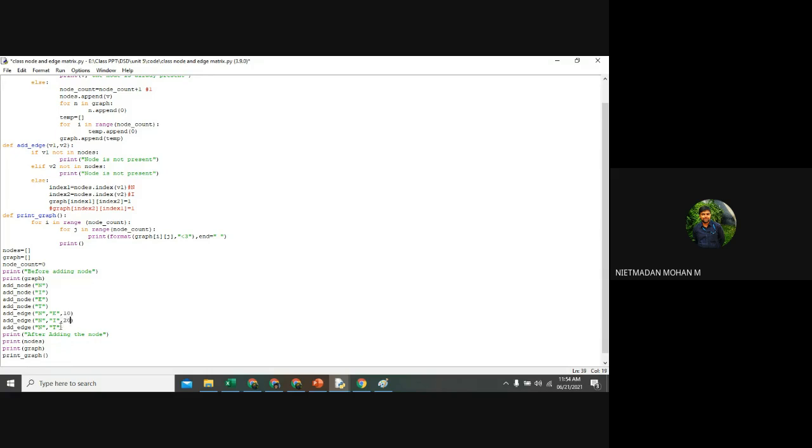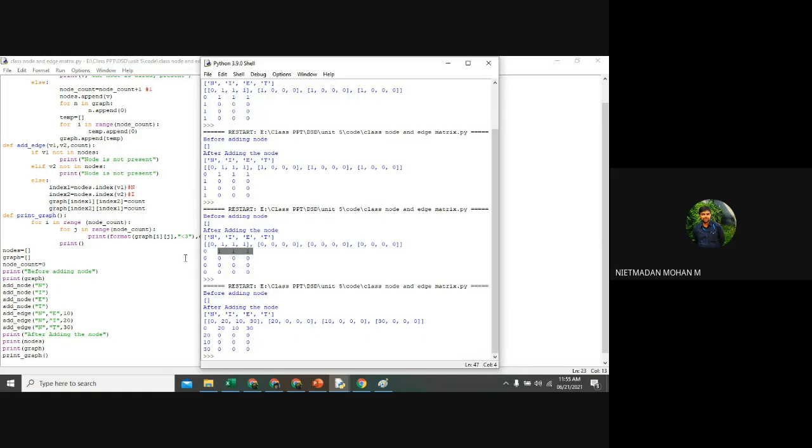20 and 30. So here I want to take one more argument, that means count. And here I want to give the count value, whatever I am getting. So if I am taking the 2 index values, it means that it is an undirected weighted graph. So here I want to look into the undirected weighted graph. You can see here, right? The weight has been changed. Yes?